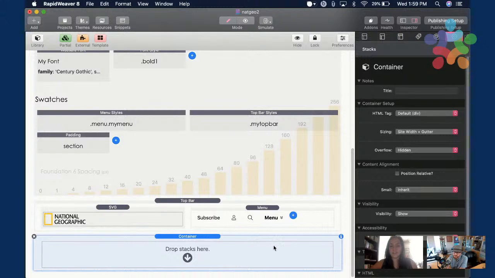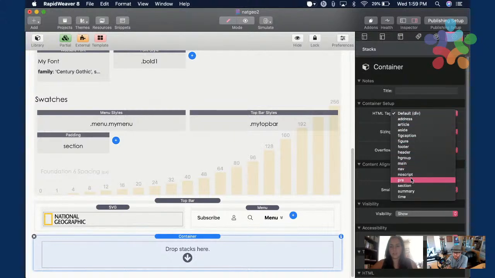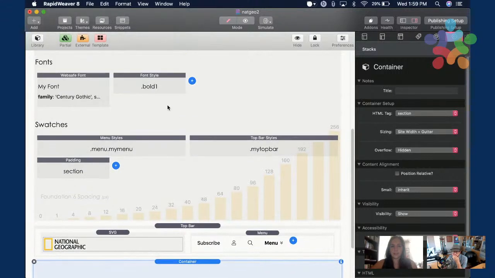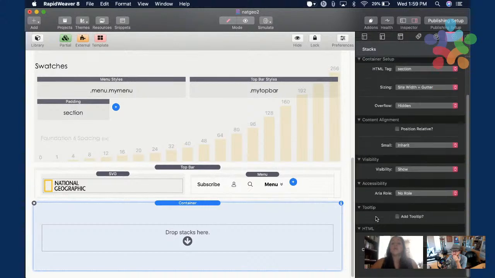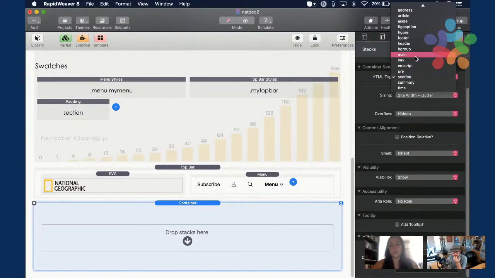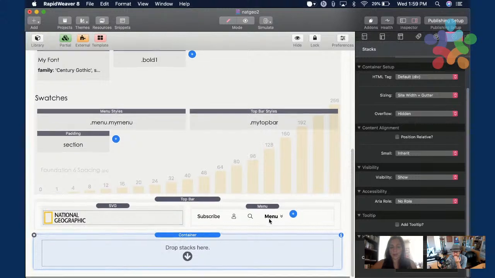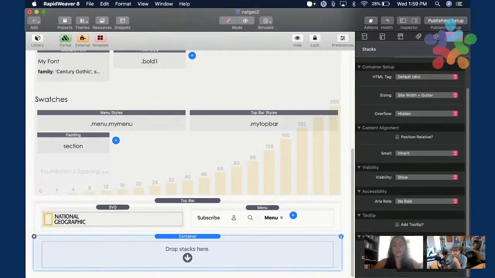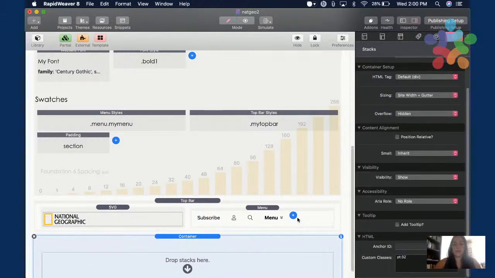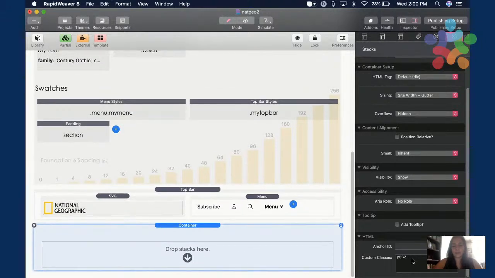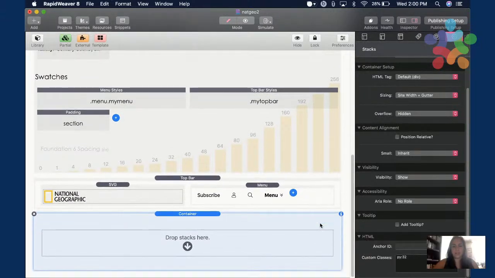So I'm gonna use this container and change it to section, and you'll see that whatever I applied in the swatch is going to change that container and give me that vertical padding, which, by the way, I also sometimes use. Like if I don't have that padding, I use the padding top and then whatever value I want, which, by the way, the values have to be multiples of 8 in my experience, right? And so padding top or padding bottom, or what I do sometimes is padding Y, which will give me the exact same result.